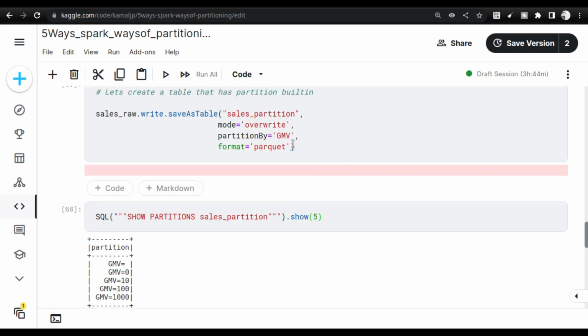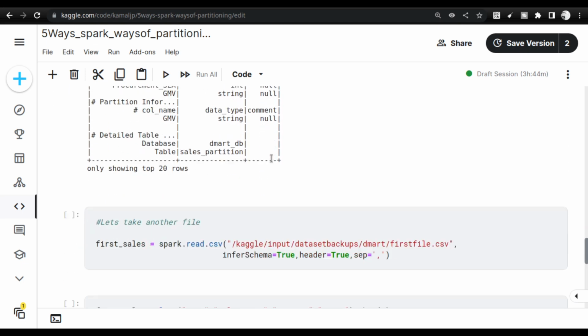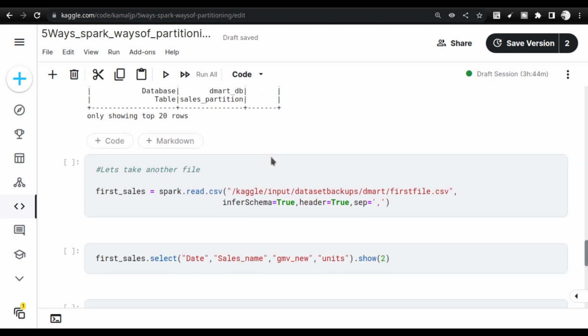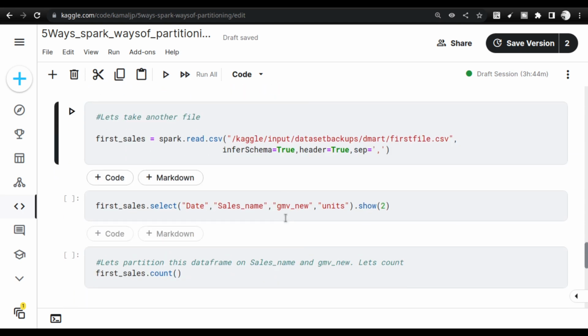Okay, but see, yeah, there is a partition here, but how to use it and what is the benefit of this? The benefit actually comes in the way the file gets written. Before I start going further, we will actually take the first file.csv. So the other file that I was telling, it is 200 MB file,